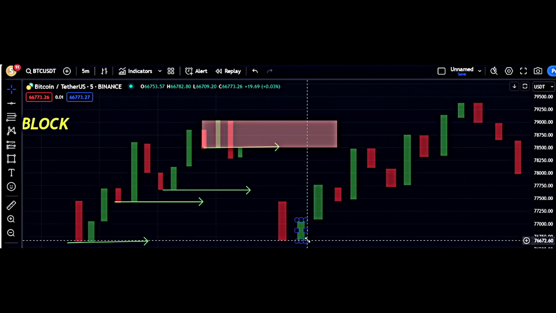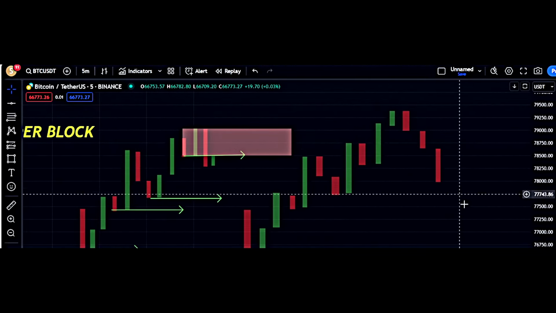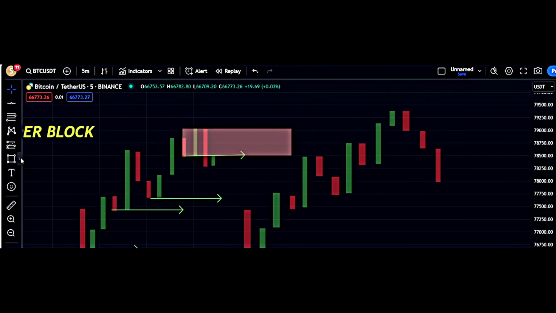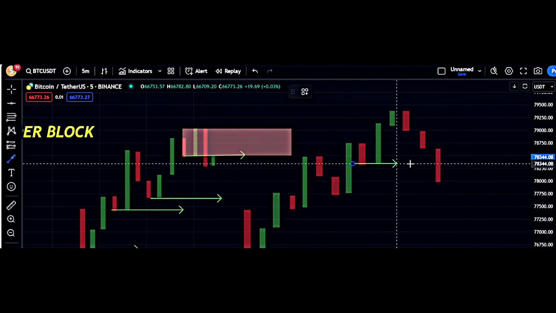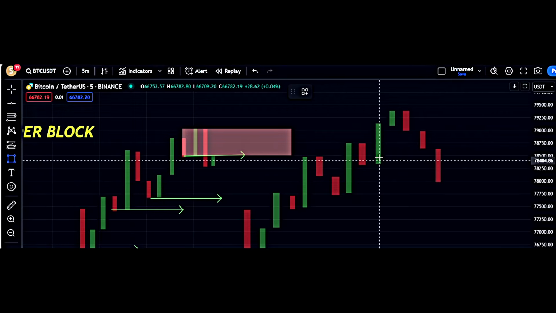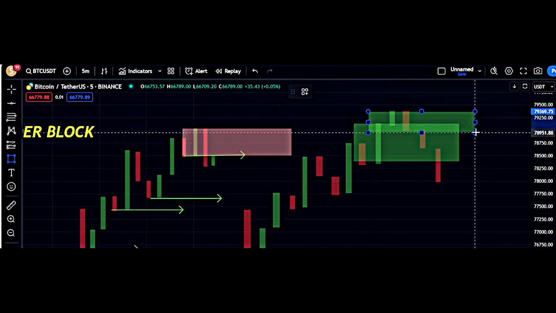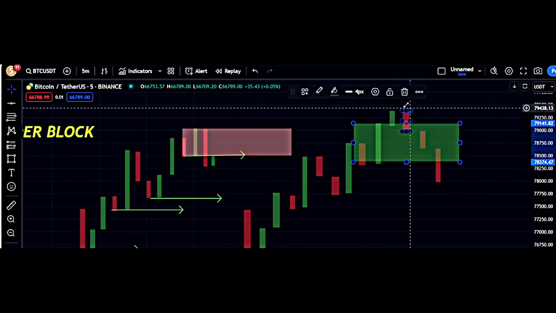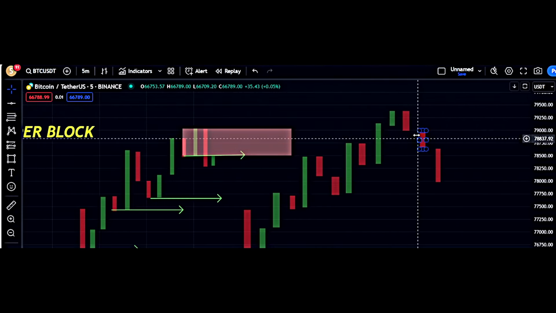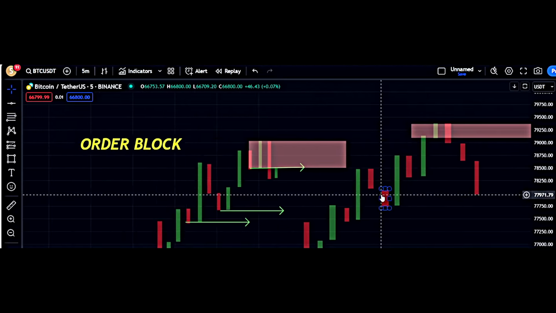Now let's see one more example in this same case. Here there are two green candles, and then the break happens. Let's say our last support is this. The break has happened. Now where will you make the order block? Will you make it here? There? What does the order block say? Last candle, opposite color. Which is the last opposite color candle? This candle. So we will mark this as our resistance, where the market will reject from.